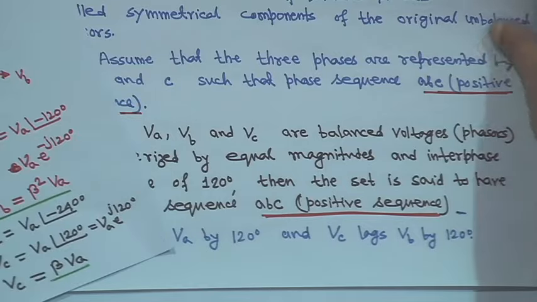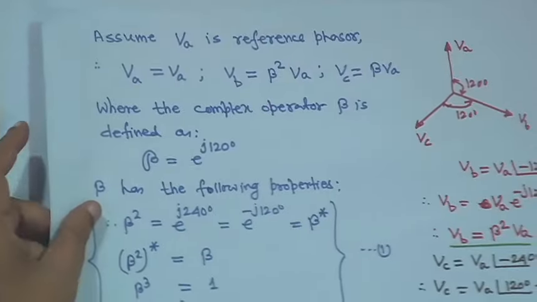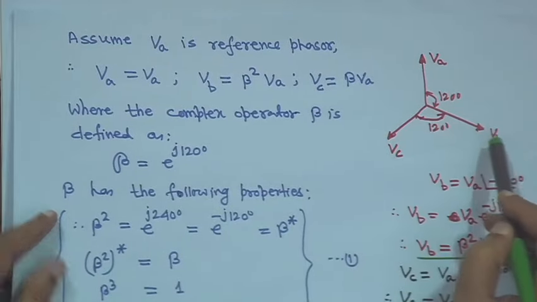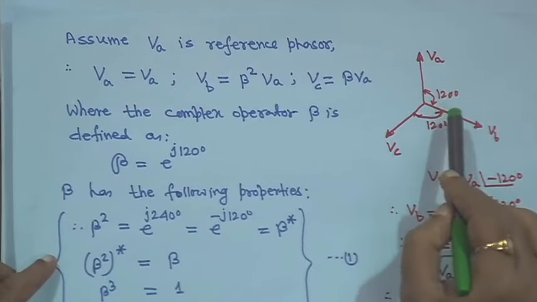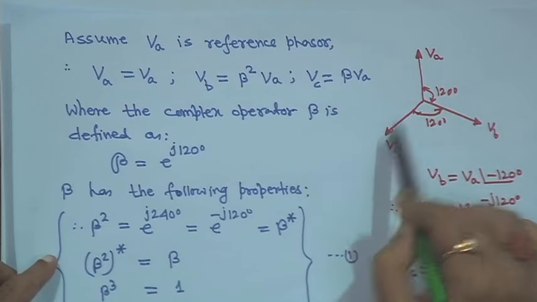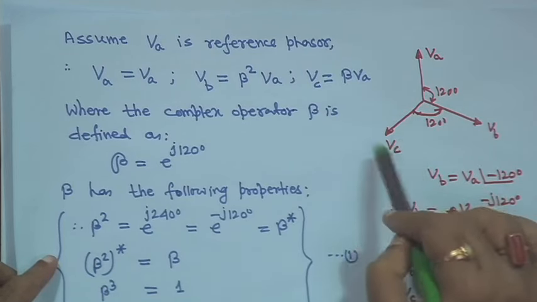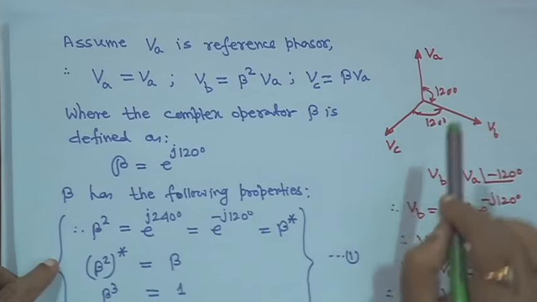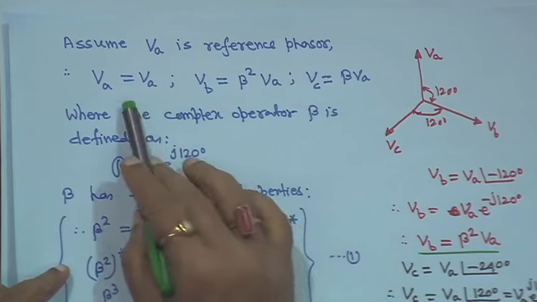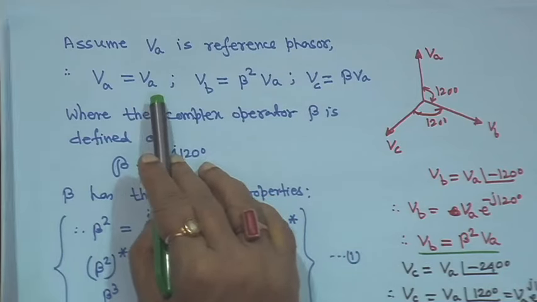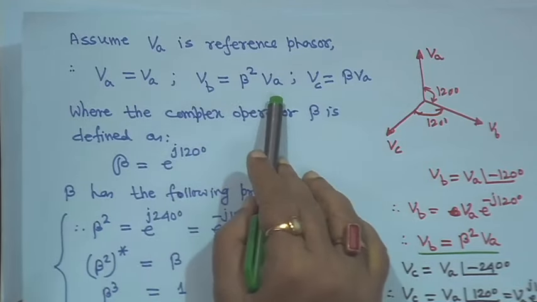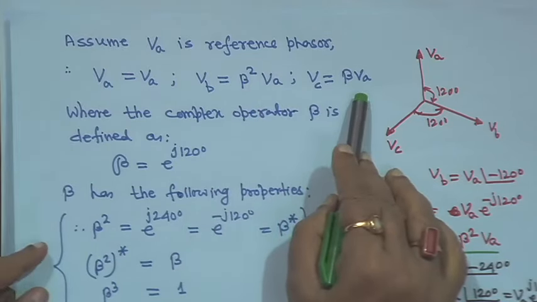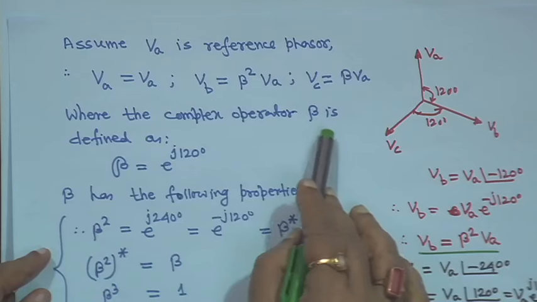Assume VA is a reference phasor. So, VB lags from VA by 120 degree and VC lags from VA by 240 degree, or otherwise VC leads VA by 120 degree. So, if we define like this, VA is equal to VA, a reference phasor, VB is equal to beta square VA, I am coming to that, and VC is equal to beta VA, where the complex operator beta